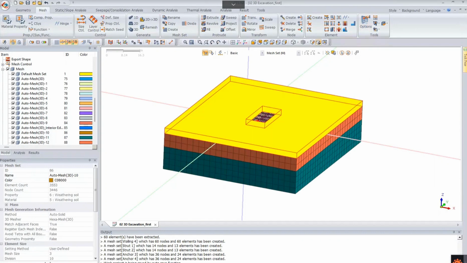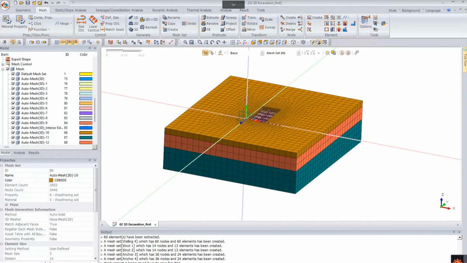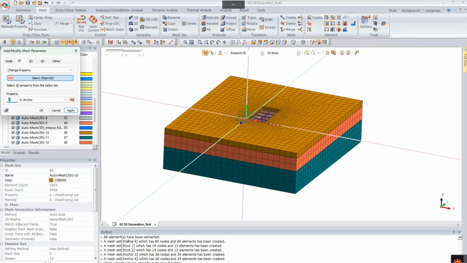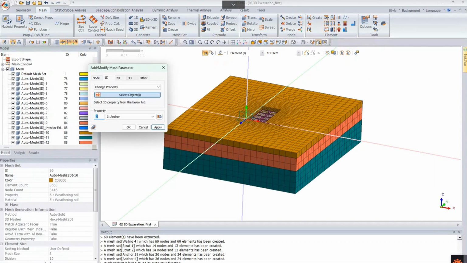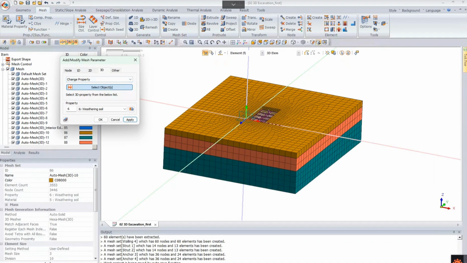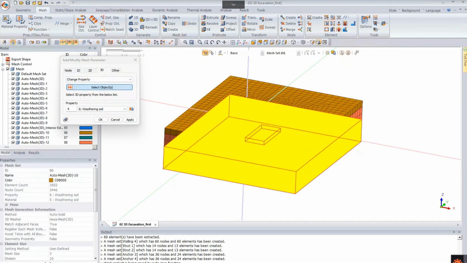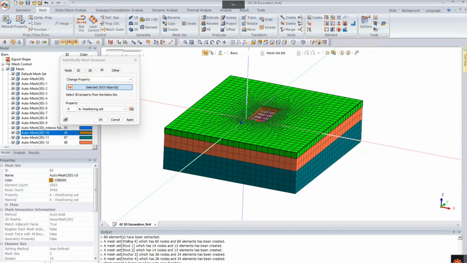We changed the soil properties in the mesh element parameters. We have changed properties here, but we need to choose the 3D change properties. So we select the basic and we can choose the mesh. So we select this mesh, and this is the buried layers outlined,